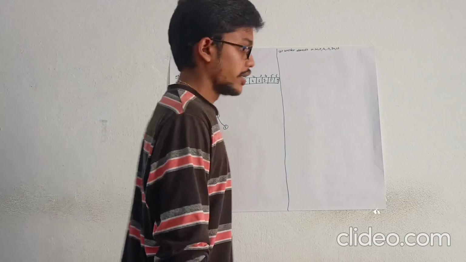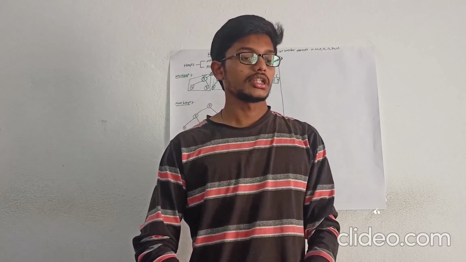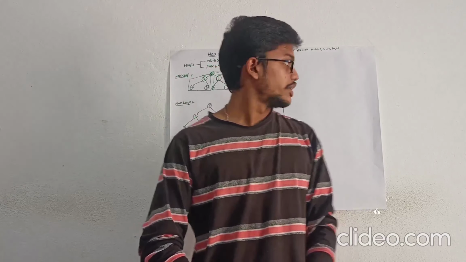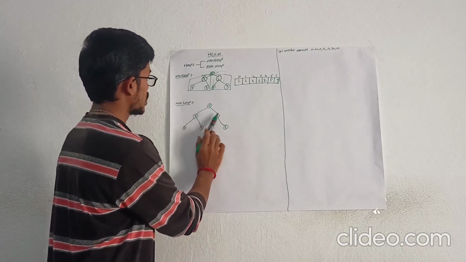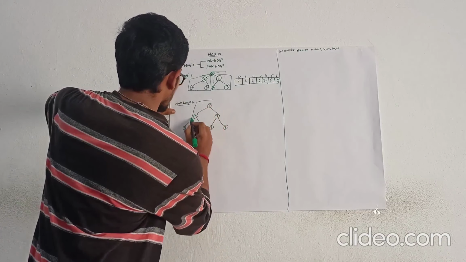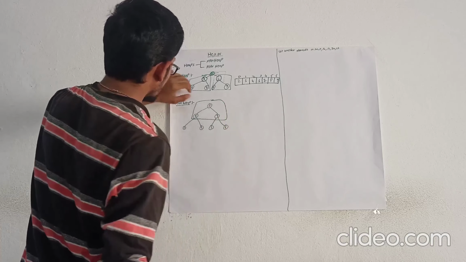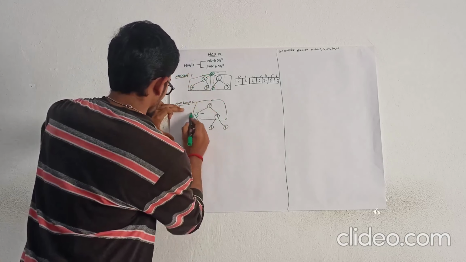And max-heap. Max-heap is defined as elements at every node must be greater than or equal to the elements at the left child and right child. Here the root node must be greater than the two children, that is left child and right child. Here if you consider this subtree, 8 is the highest among 5 and 7. So here the max-heap property is satisfied.